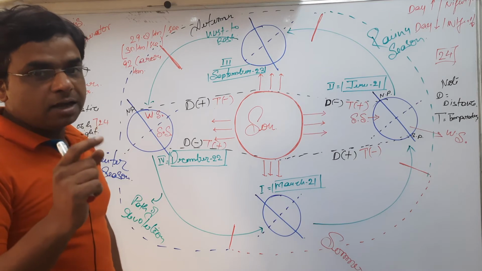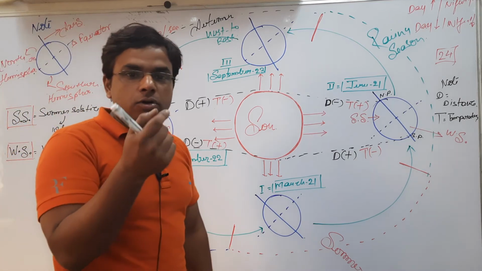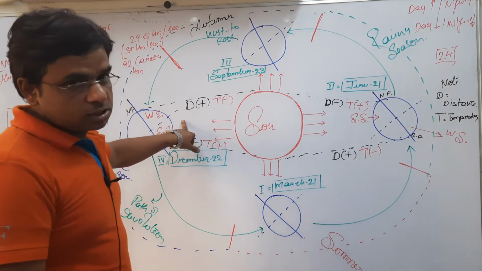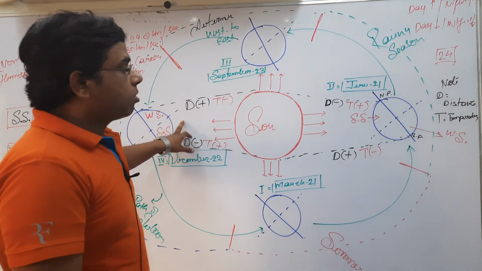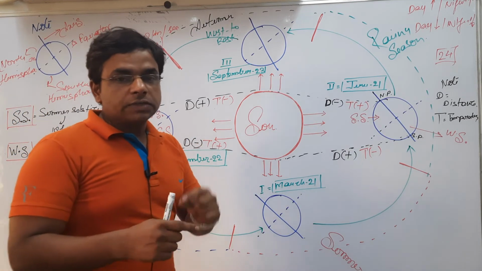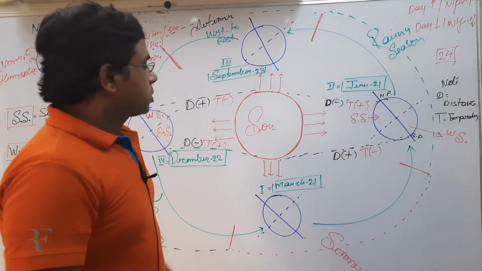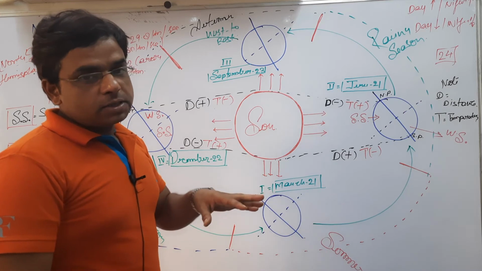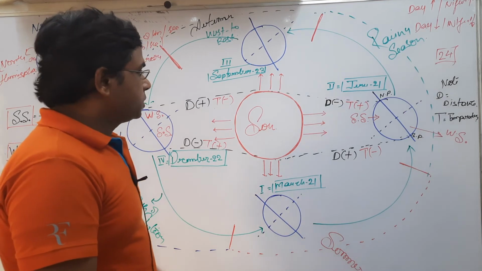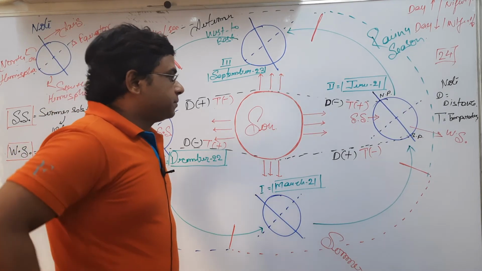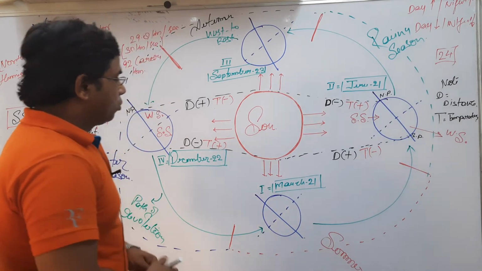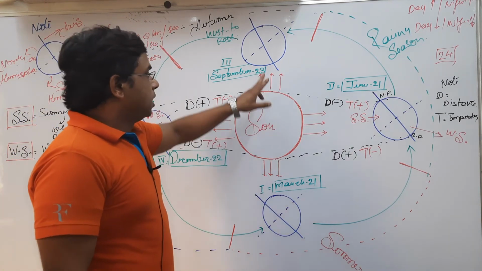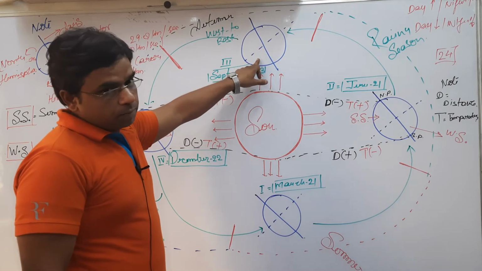If the earth were not inclined on its axis, we would not get the solstice, and we would also not get the transformation of the seasons. So the first outcome of the revolution, which we will discuss a short time later, is the transformation of the season. Now look, the remaining two positions are on the 21st of March and the 23rd of September.